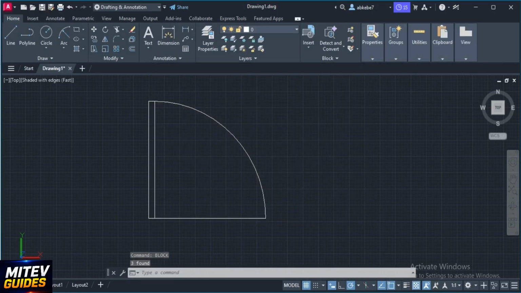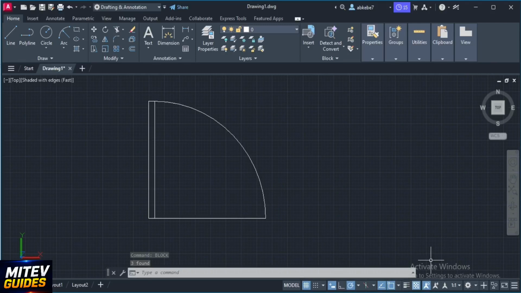the block creation process. Once saved as a block, you can insert the same door into future drawings without having to redraw it. It is important to understand that using blocks improves consistency and makes architectural drawings much faster to edit and maintain. To summarize, making a door in AutoCAD begins by opening AutoCAD and clicking the rectangle tool to